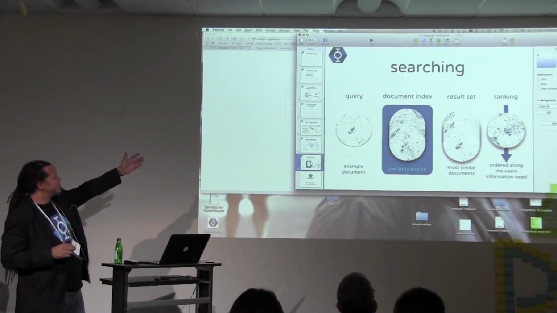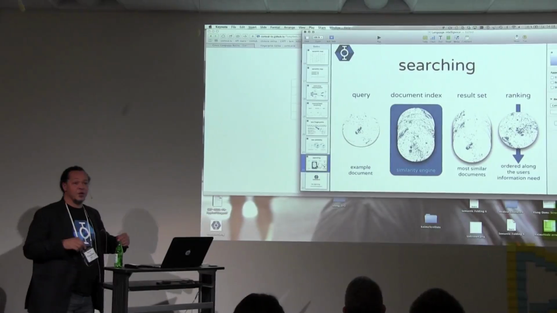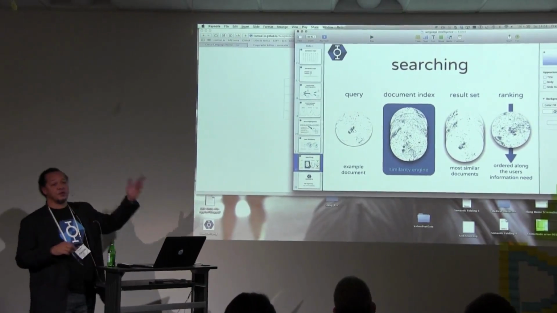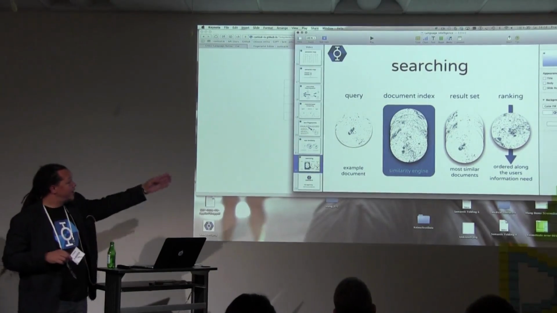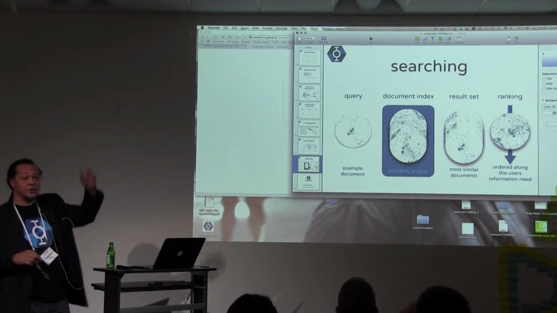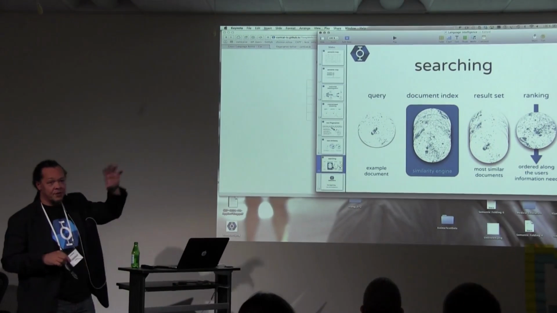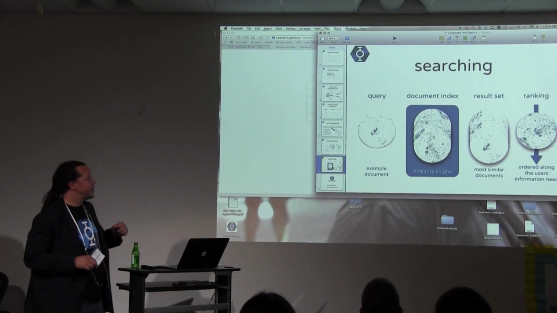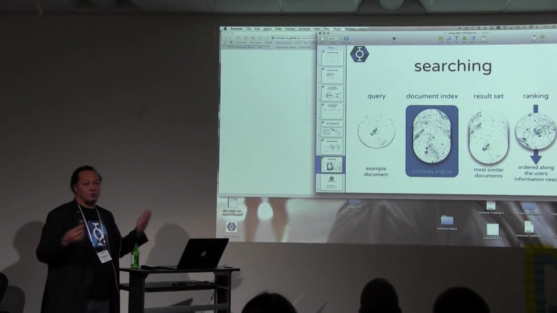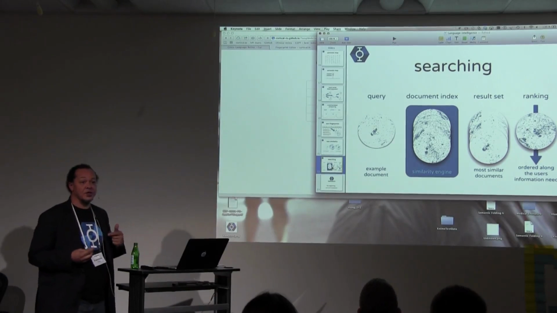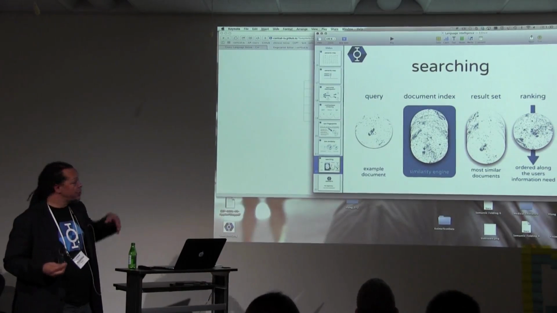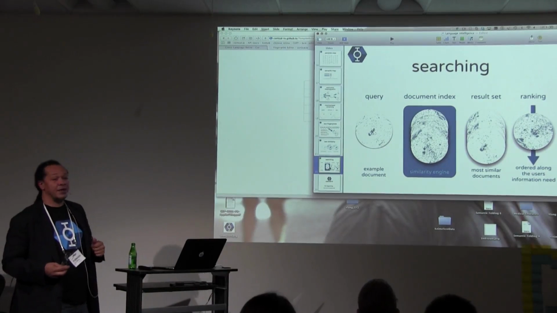The mechanism is as follows. You specify a query by giving an example document that is converted into a fingerprint. You have an index of n fingerprints in your repository, at least one per document. Typically you have several fingerprints per document. And by doing a pure Boolean similarity calculation, you can get the match, and you can easily rank according to